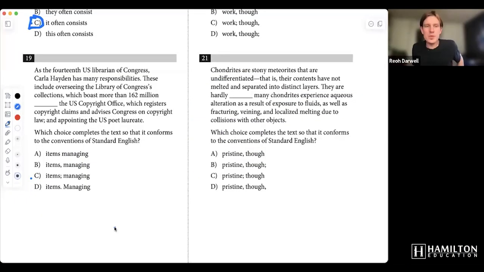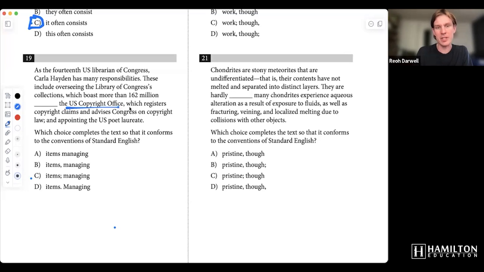All right, question 19 is one of those difficult list questions in which the items in our list have commas within the item. Okay, so this is what we call a complex list or a complex series, meaning items in the list need a comma. So what does that mean? Look here, the U.S. Copyright Office, which registers copyright claims, okay? Because that comma is there within the item in the list, it explains the item in the list. We can't use just commas to separate every item in the list. Why? If we did that,